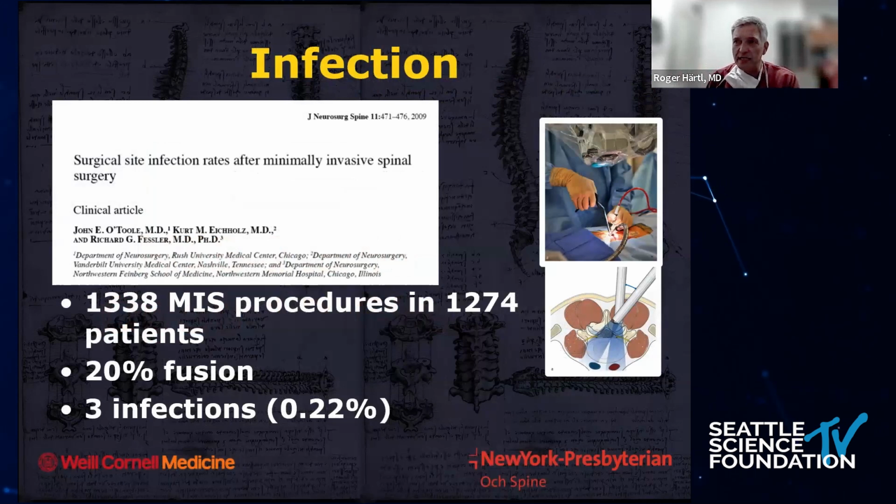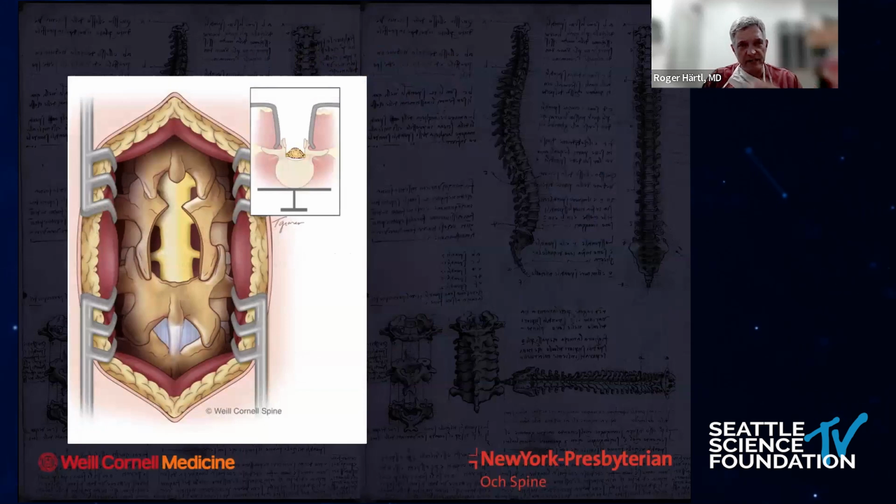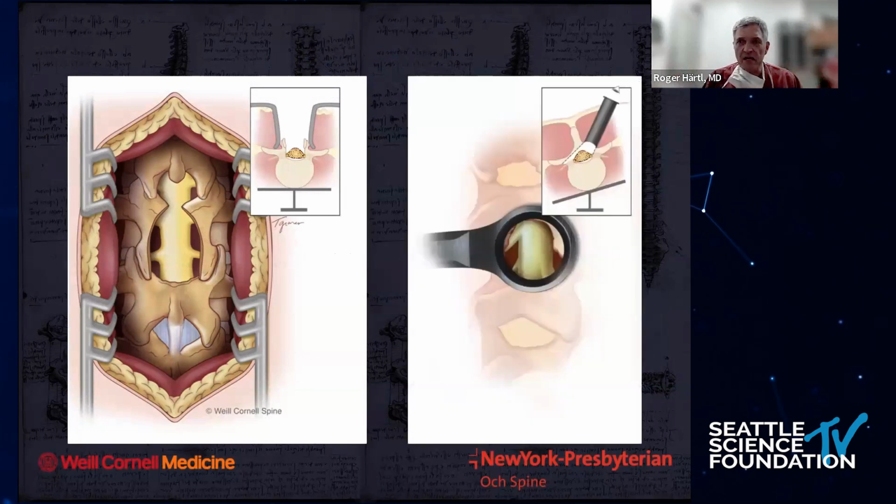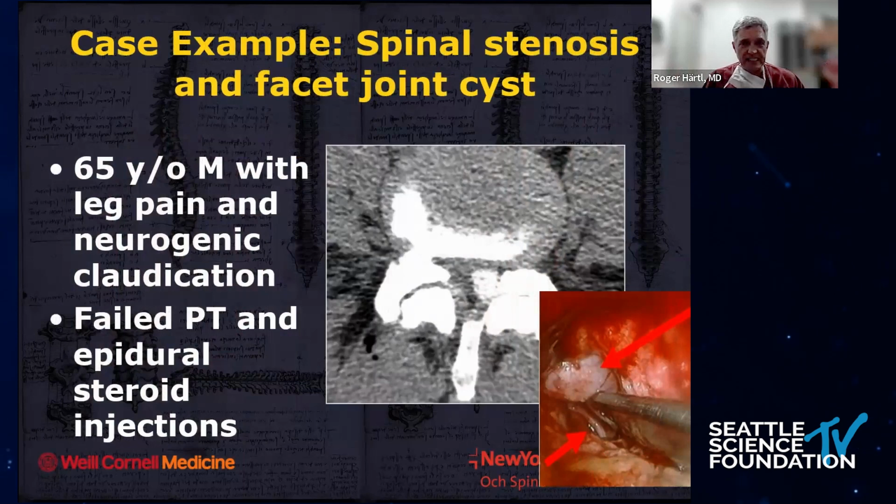That's probably the one thing that we've seen over and over again in all types of publications, endoscopic surgery, tubular surgery, MIS TLIFs, that infection rates are lower than with traditional open surgery. And probably that is because instead of having a lot of soft tissue exposed for considerable amounts of time, with endoscopic surgery, obviously you have the irrigation of water all the time. There's no tissue exposed really. And with tubular surgery, you have very, very little tissue exposed. And I think that's probably one of the main reasons why infection rates are so low with MIS.